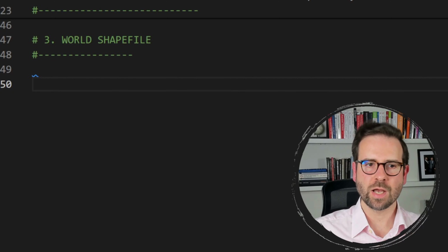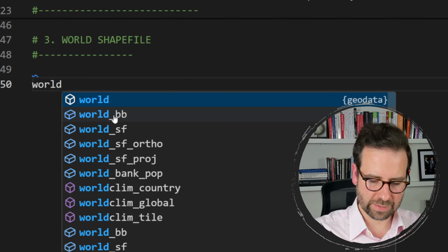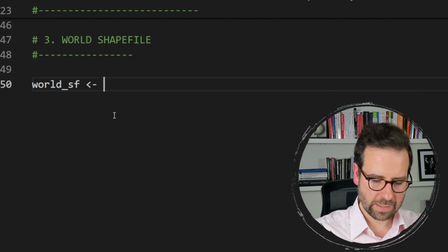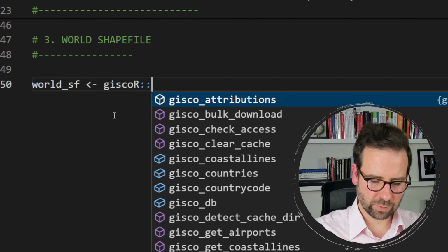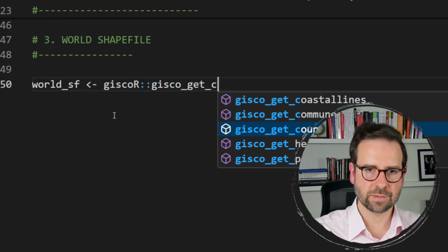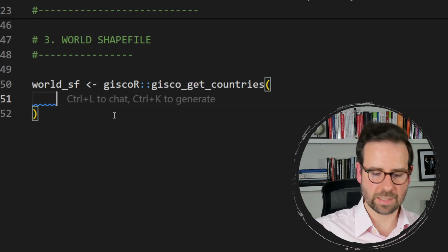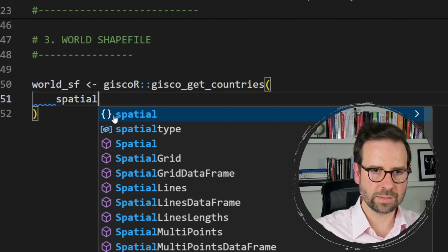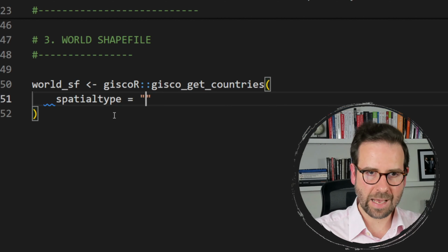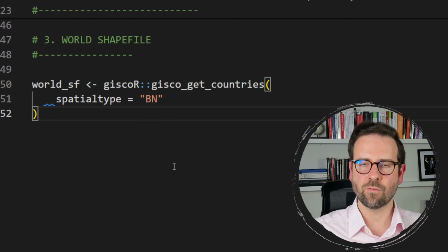All right, we have the temperature anomaly data. Now we're going to fetch the world shapefile using geodata or rather gsco-r, and I'm going to call it simply world sf. And then from gsco-r, as always, we'll be using gsco get countries. Now we need the entire world, so we don't need to specify either regions or the countries, but I would like this one to be actually lines and not polygons,